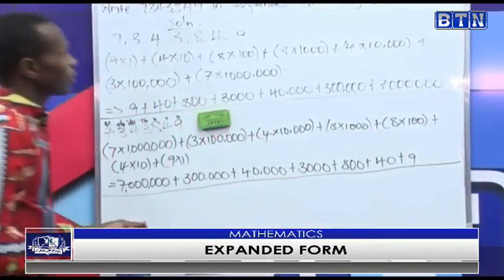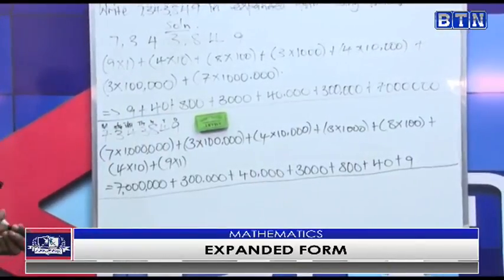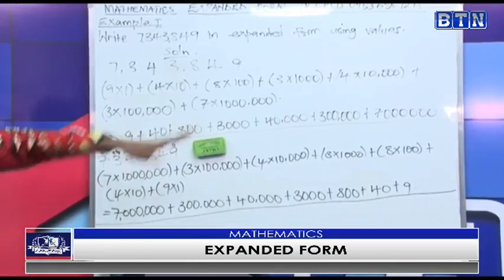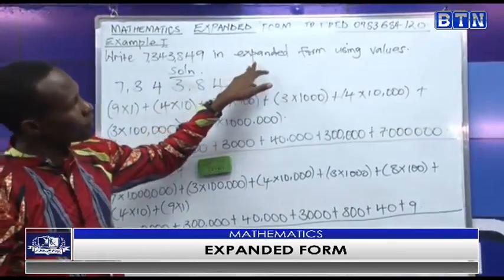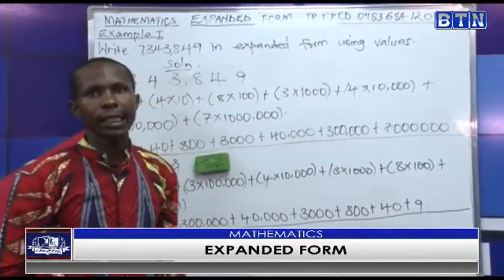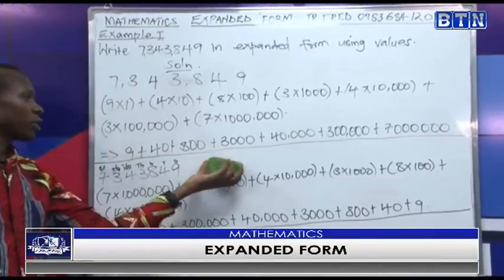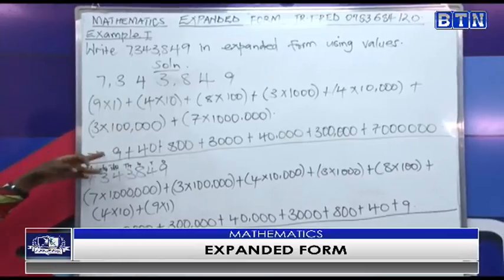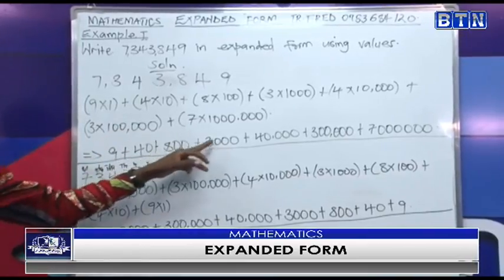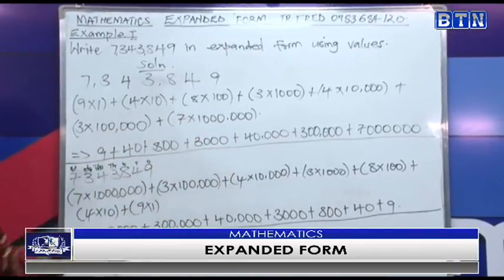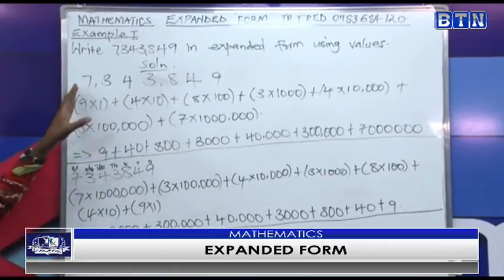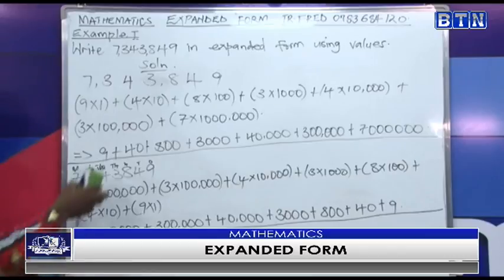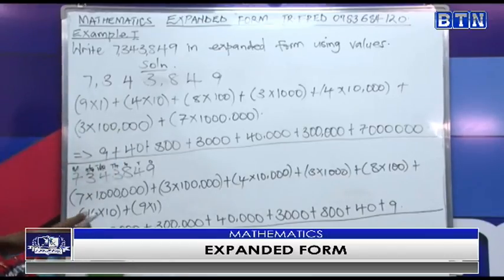So by doing this, we are now expressing our number in expanded form using values. These are the values they are talking of. We have this value, this value, this value, like that. These are the values. Sometimes if you don't want to use this method, method 1,